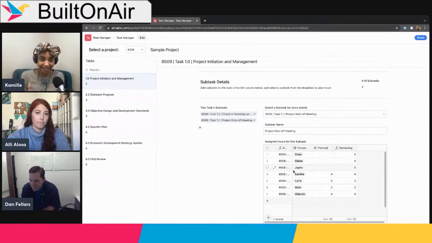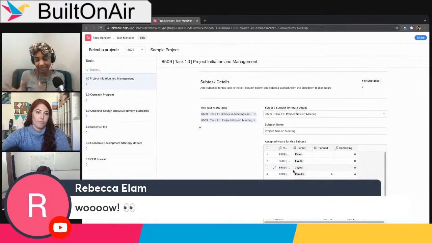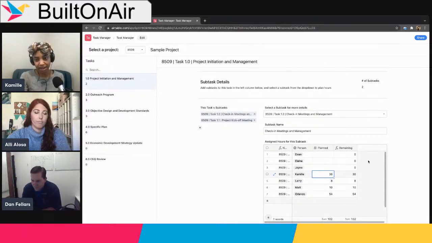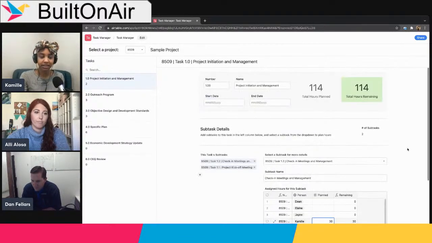This is the way that we have to set up our project management bases, where we need at least one junction table to say Camille should only spend 4 hours on task 1.1, and then on task 2.2 she should work 30 hours, and then the amount of hours remaining. From there,